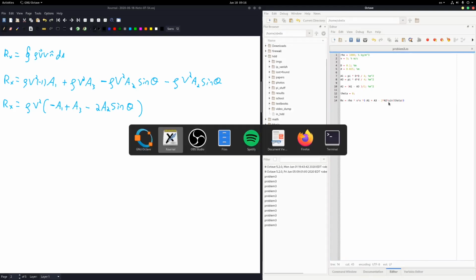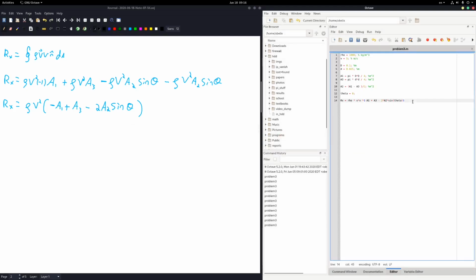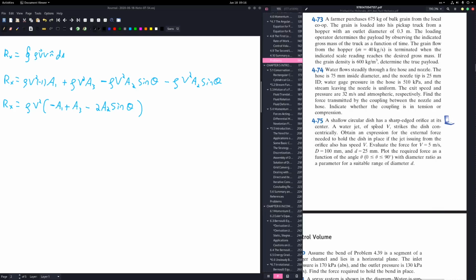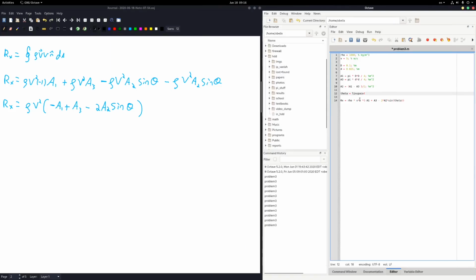All right, so now that we have the expression for this, the last thing to do is to put this in a plot. The way to do that in MATLAB is to make theta here a linspace, and the problem asks to vary from 0 to 90. So we'll do 0, 90, which means I want points from 0 to 90, and we'll just put that many points, like 1,000 points or 10,000 points. And then theta will go here in sine, so if I uncomment this and run this,